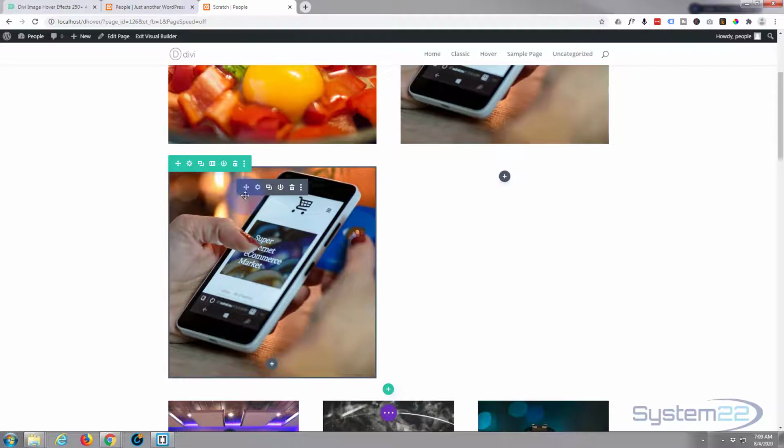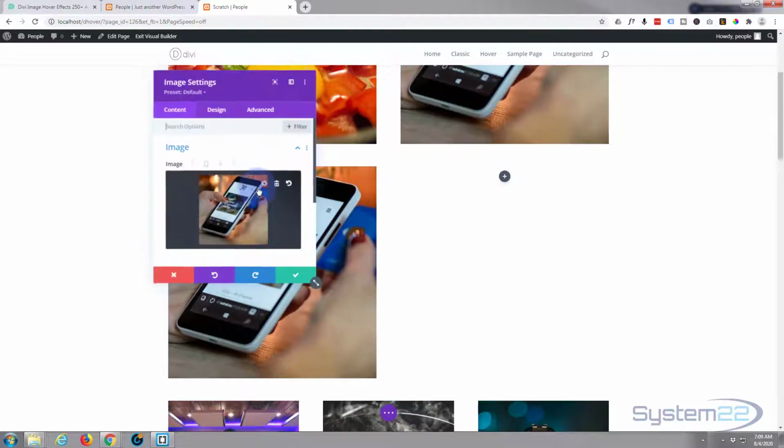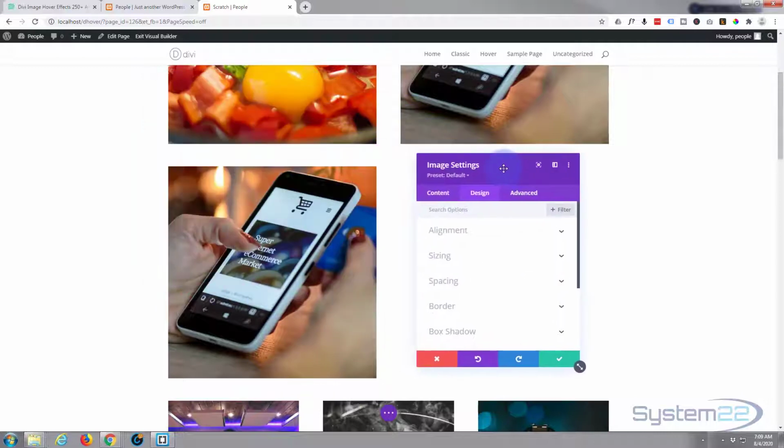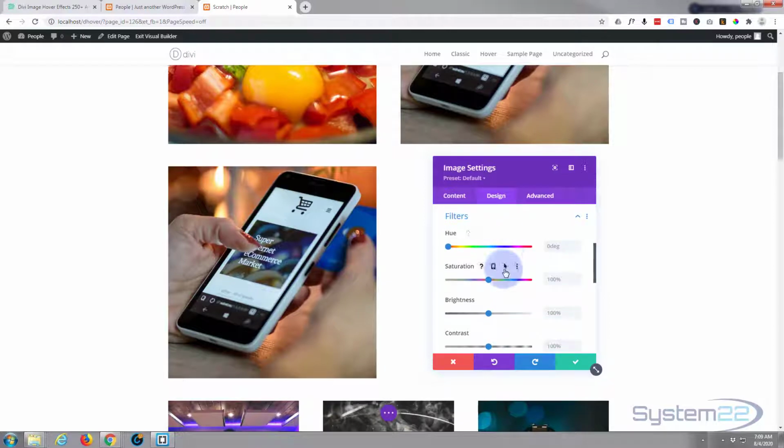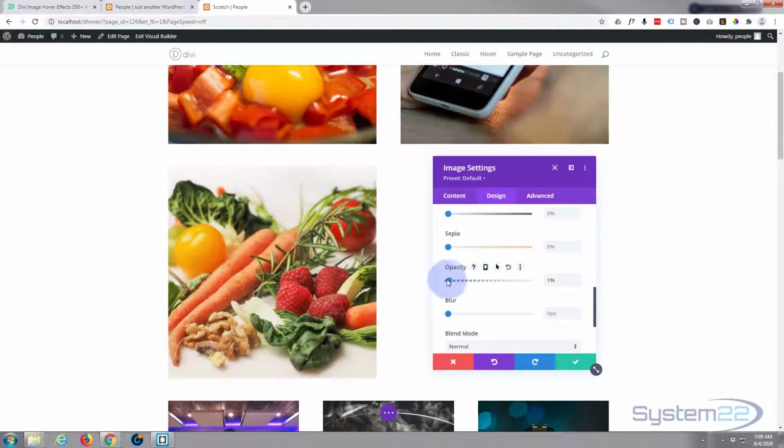So I'm going into the image module itself, the dark tab. I'm going to go over to the design. Let's move this over here so you can still see the image. I'm going to go down to filters. And to make this not appear, I can simply take the opacity, or the see-throughness, down to 0 when we're not hovering on it, so it'll disappear. But before I do that,